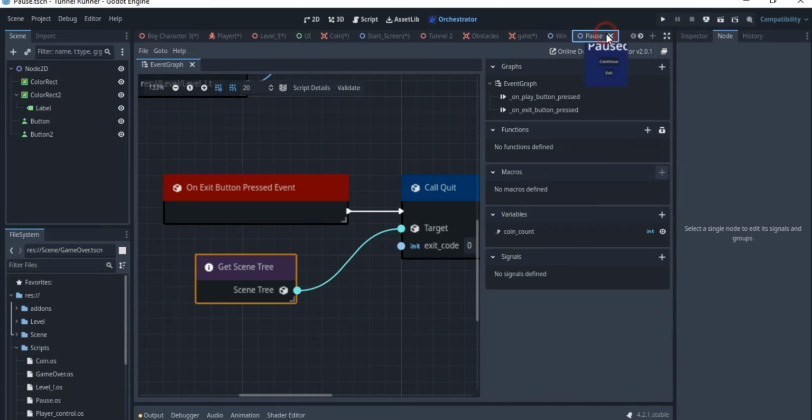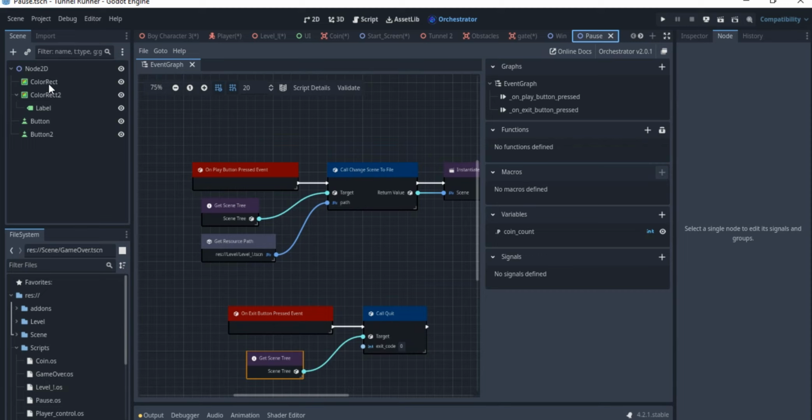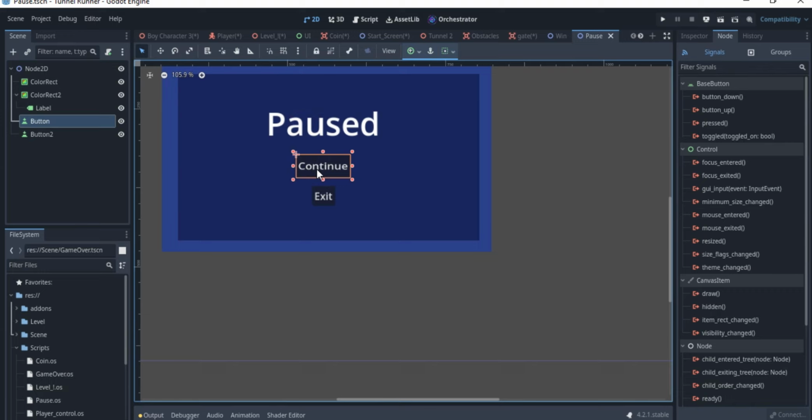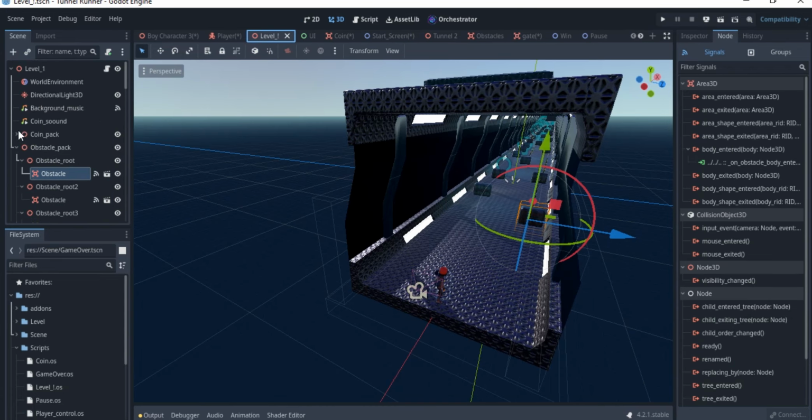Then the other thing we'll have here is the pause. The pause button here is a very simple one. So if you look at here, you also have a very simple pause. Okay, so we'll have a continue and the exit. We have to instantiate this. We didn't write the code here because we're not going to be using it directly here. We are using it at level 1. So if you go to level 1 and you go down,